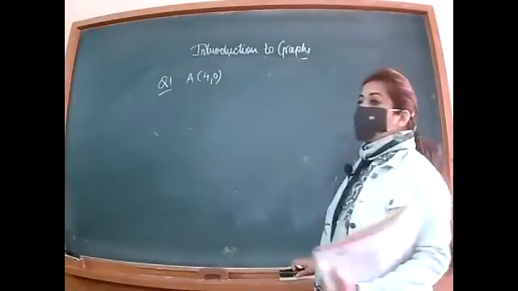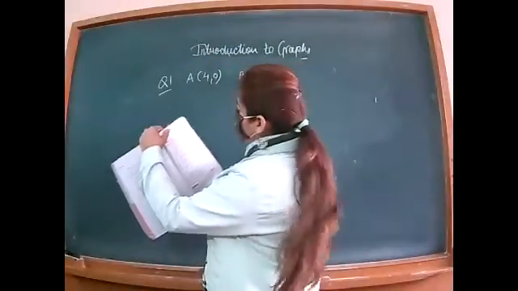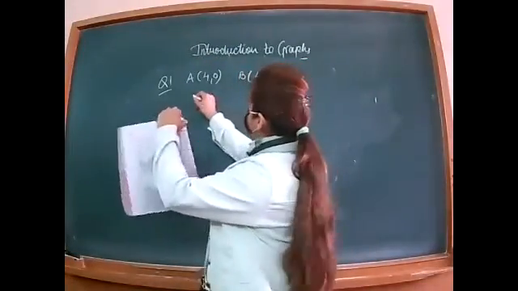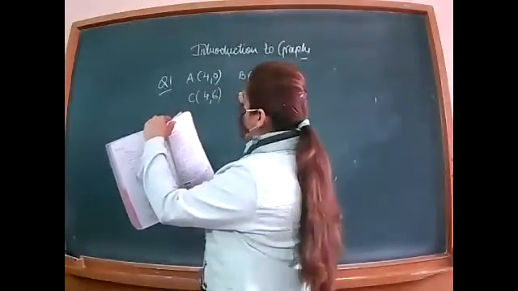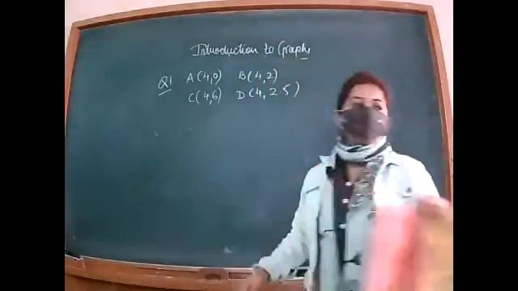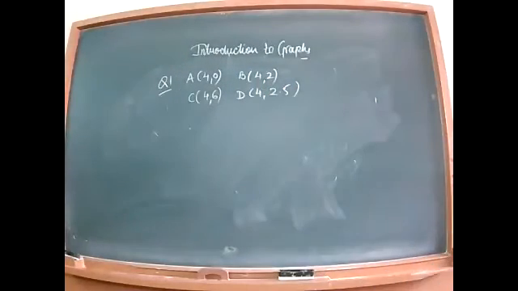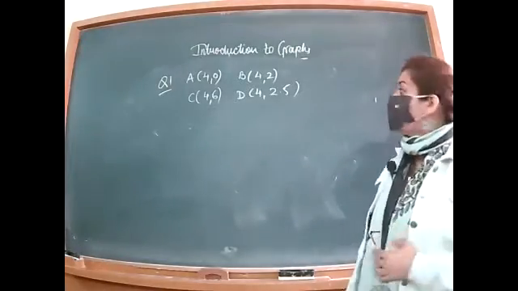Now in this question you are given 4 coordinates and you have to plot all 4 and tell me the name of the figure that is forming. If a figure is forming, you will tell me the name, and if a figure is not forming, you have to tell whether they lie on a line or not, meaning whether they form a straight line or not. Got it? So plot these points, hurry up.